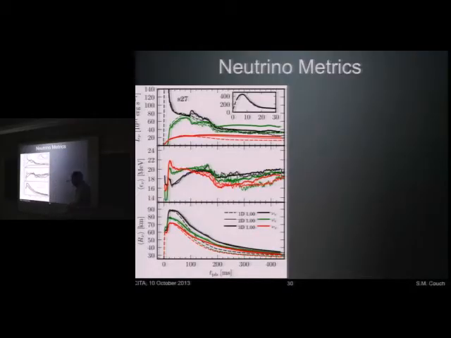Some global neutrino metrics. The luminosities we find are not too dissimilar from what you would get out of a realistic transport calculation. The energies, however, are systematically higher than what you get out of real transport. These are just mean energies. Remember, this is a gray transport scheme, or gray leakage scheme. And also the energy hierarchy is inverted. So really the nu_x's, which is the red line here, should have higher energies.